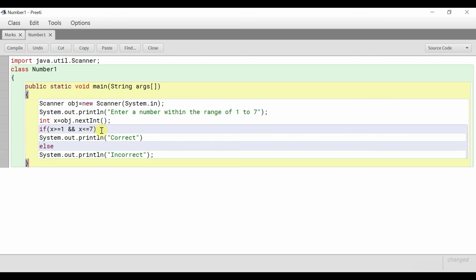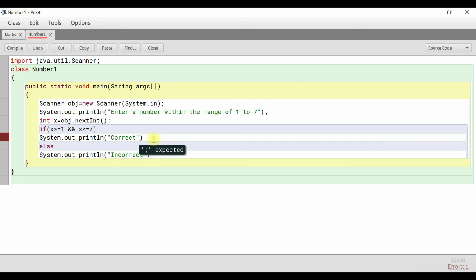Fine. Main close, class close. Okay, fine. Now first we will compile it. We missed the semicolon here. Fine. Okay.